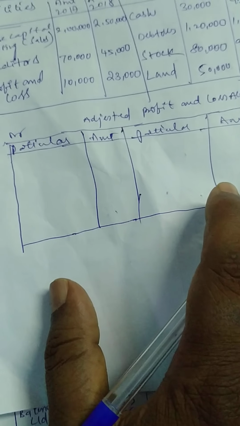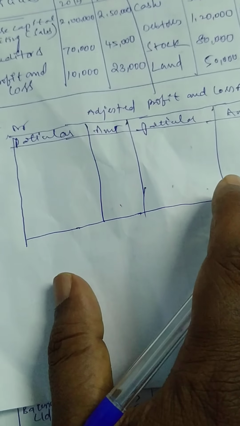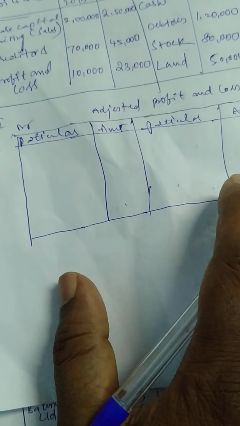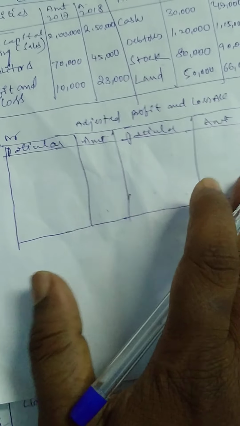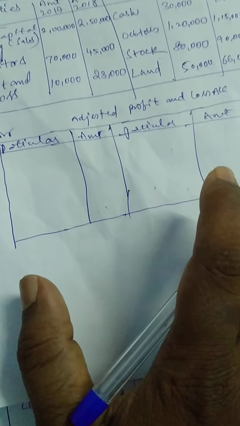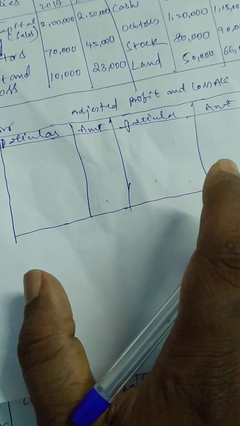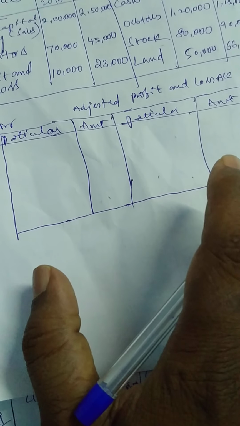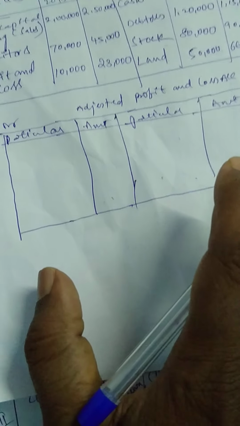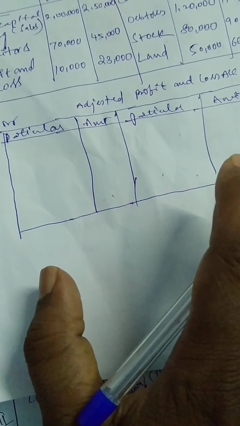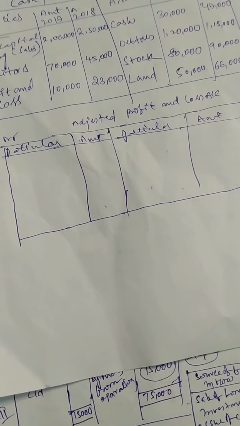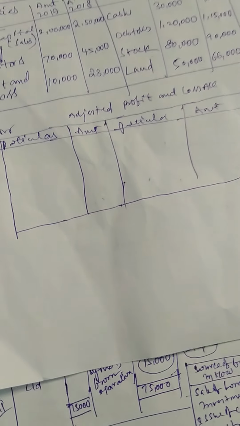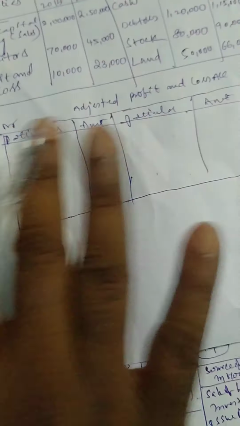I have already given you the format. I put it on WhatsApp, and I explained problems in the funds flow statement also. That is the same here. The adjusted profit and loss account is the same, but here we take only the opening balance and closing balance in this adjusted profit and loss account. The adjusted profit and loss account in the funds flow statement and here are both the same, no changes.